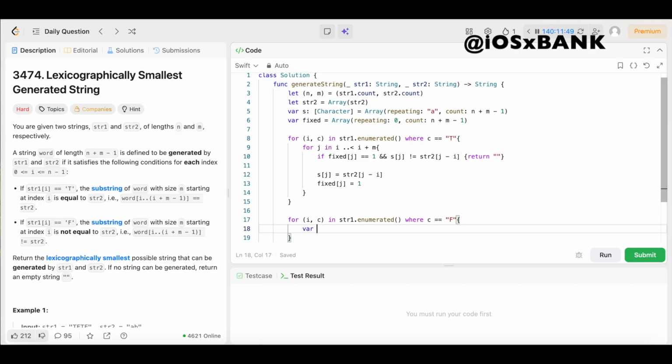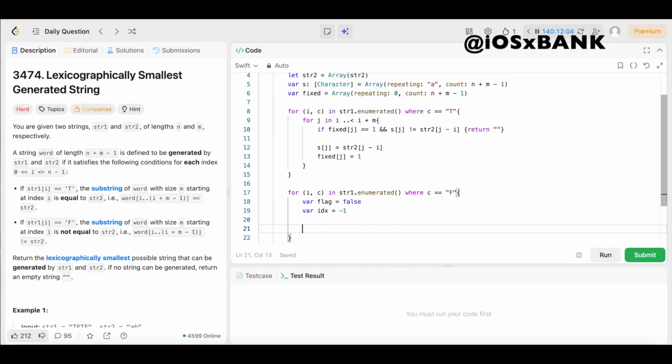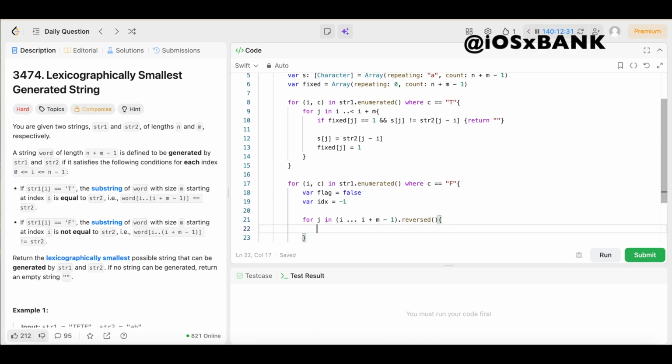So we'll declare a variable called flag, and we'll set that equal to false to start. Then we need our position that we can modify if needed, so we'll declare a variable called idx and set that equal to -1 to start. Now it's time to traverse this window in reverse. So we're going to say for j in (i...i + m - 1).reversed(), we'll open up the brackets,